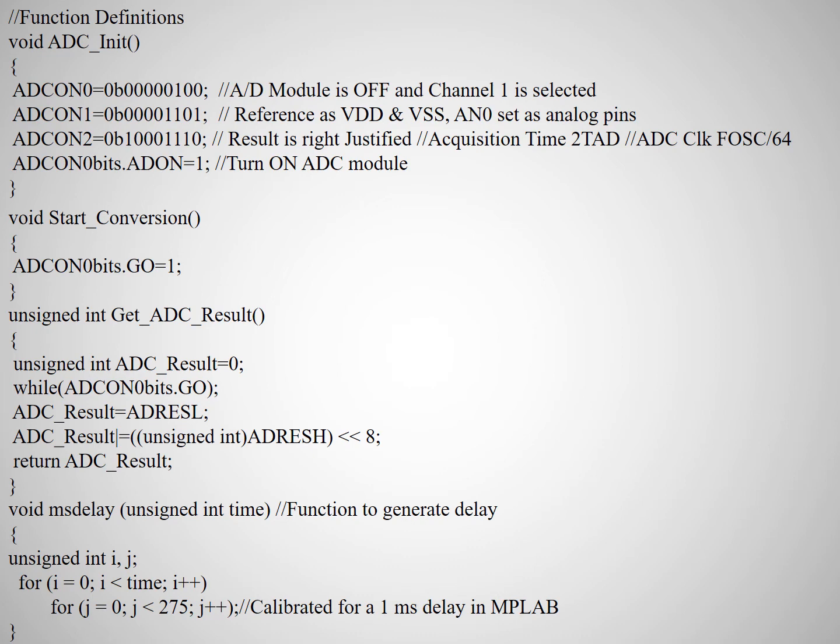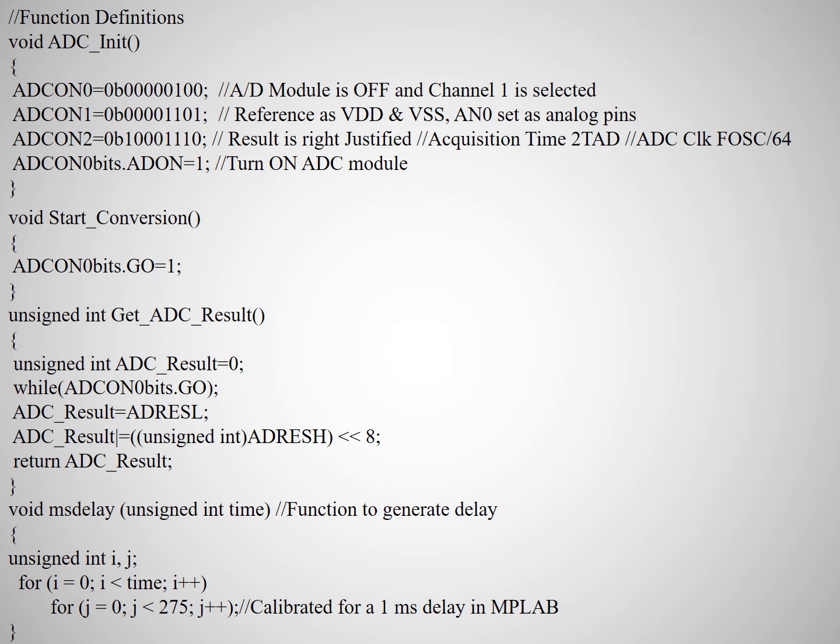For that purpose, we are going to invert that data and shift it right. So your data will be saved in the ADCON register and that will be put there. And from there, as you have to take this register, that's why we return ADC_result. Now in ADC_result, your total 10-bit data is there, which you are going to display.